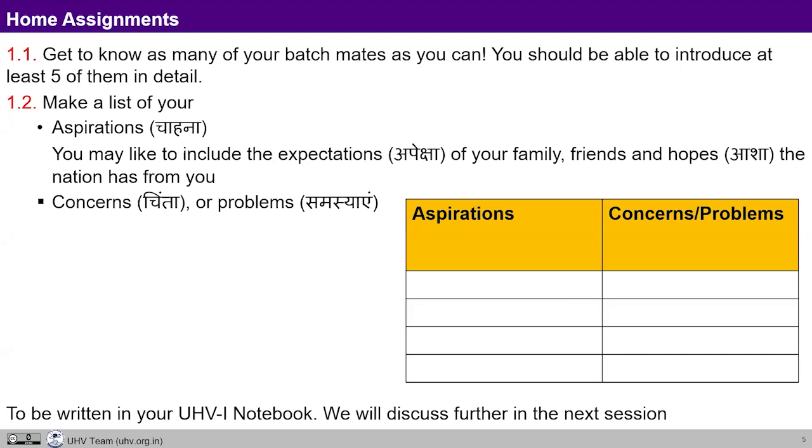Yes, we are. So in fact, we have hidden that slide here. So earlier we had 3 columns: aspirations, achievements, and concerns. But this time we have omitted the column for achievement. We are just targeting aspirations and concerns or problems. And we can do some illustration here. Yes. So maybe we can make a list of 5 such aspirations and 5 such concerns. And this will help them do the exercise further.